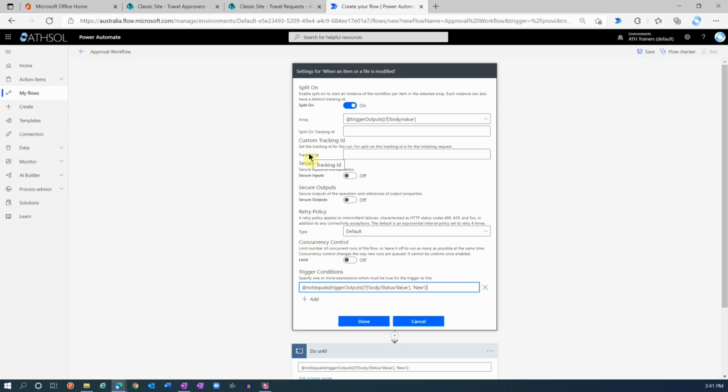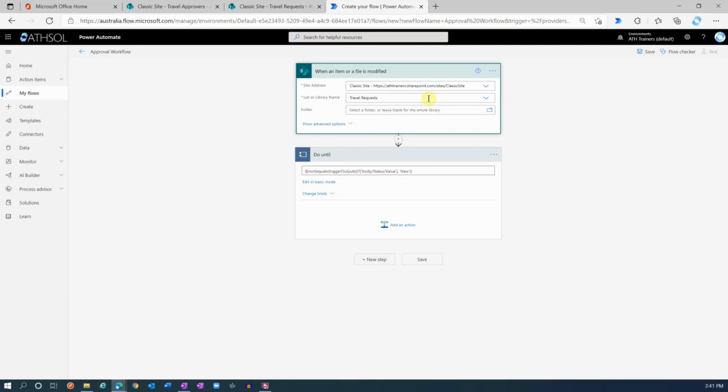So this will allow the employee who is creating that travel approval request in SharePoint to not only create it, but also modify it as many times as they want before manually starting the approval workflow. Now there is one more thing to keep in mind,